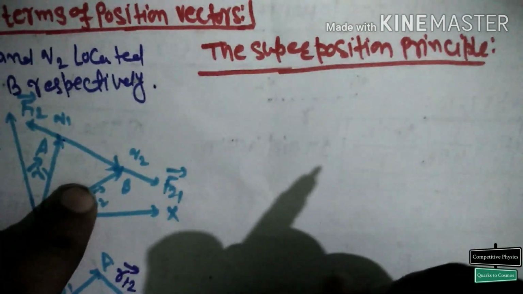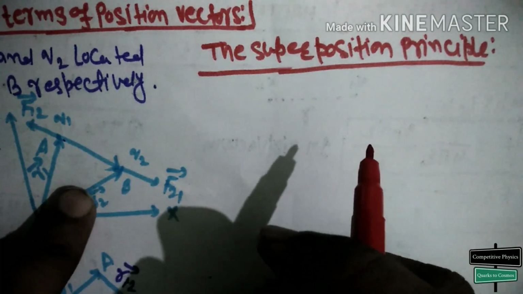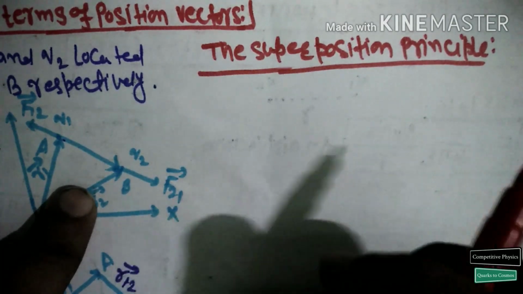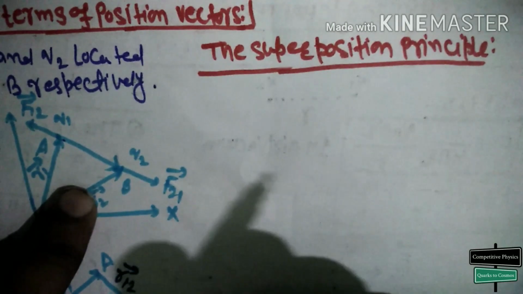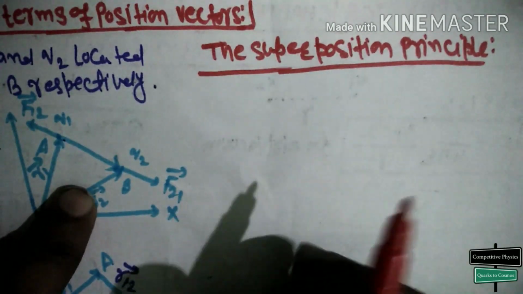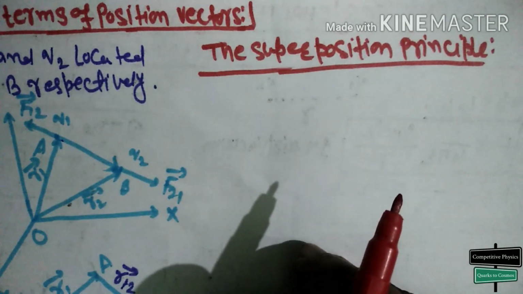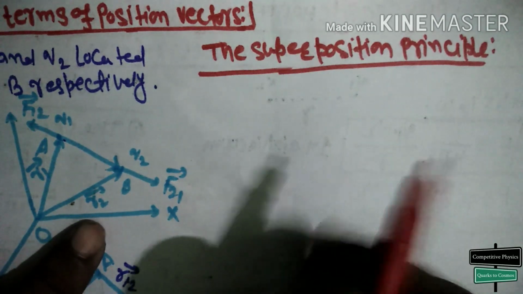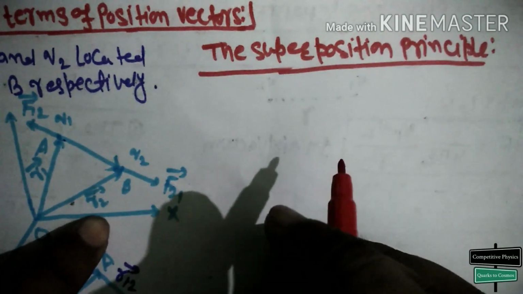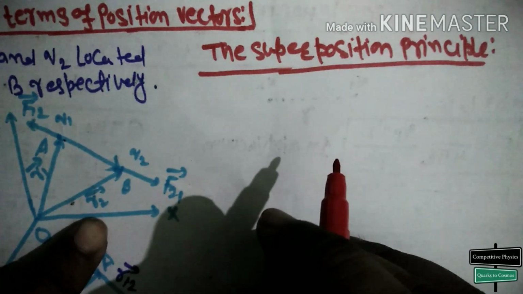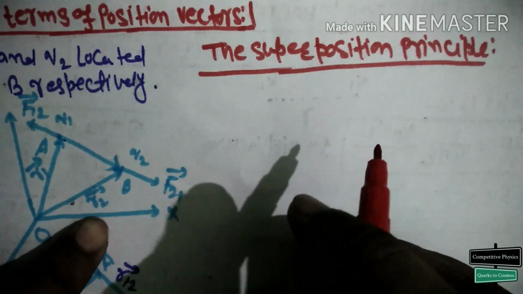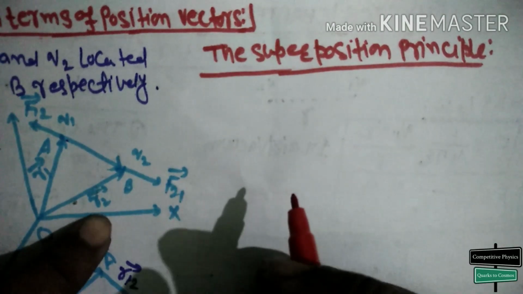So we know that if we were given two charges, the electrostatic force between them can be found by using Coulomb's law. However, if a number of charges are present, then the force on any charge due to the other charges can be found by the superposition principle. So what is the superposition principle? It states that